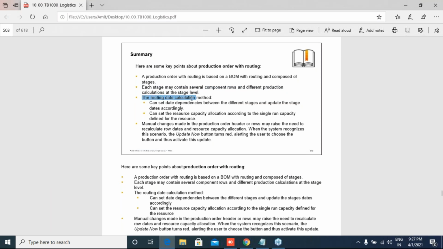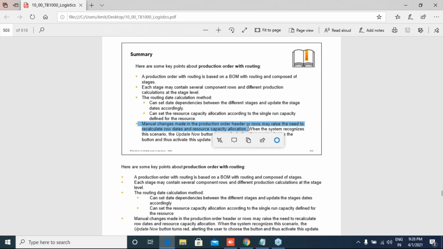Now the routing date calculation method can set date dependencies between the different stages and update the stage dates accordingly, can set the resource capacity allocation according to single run capacity defined for the resources. Manual changes made in the production order header or rows may raise the need to recalculate rows, date, and resource capacity allocation.